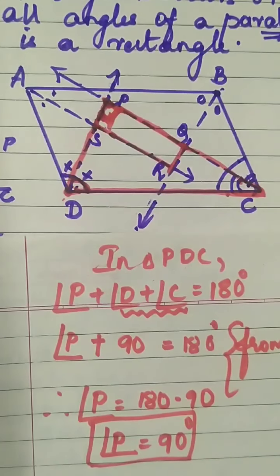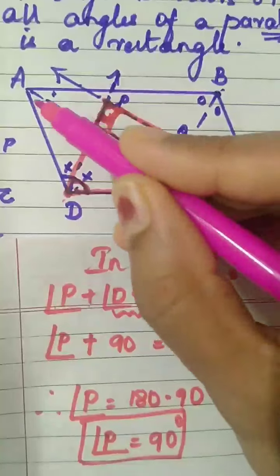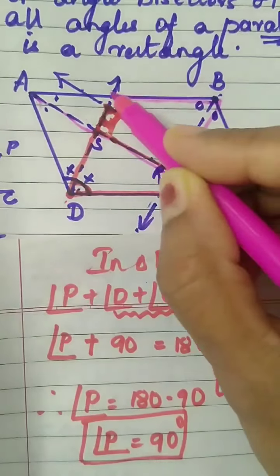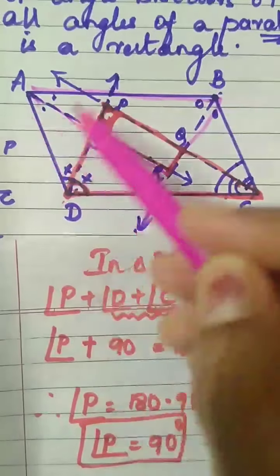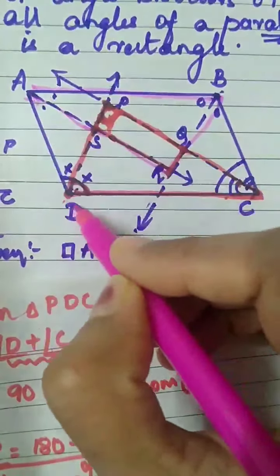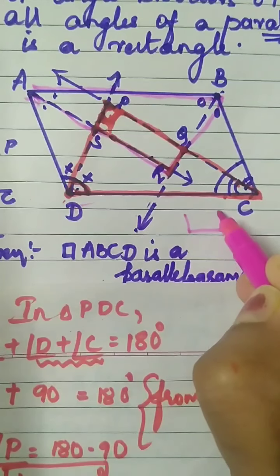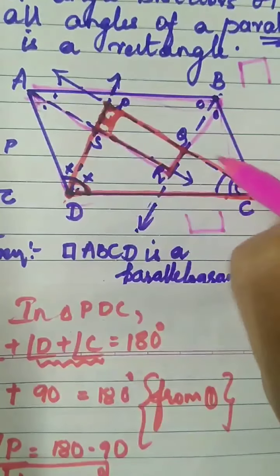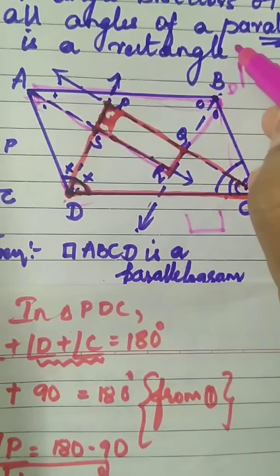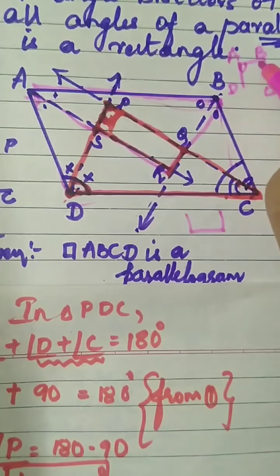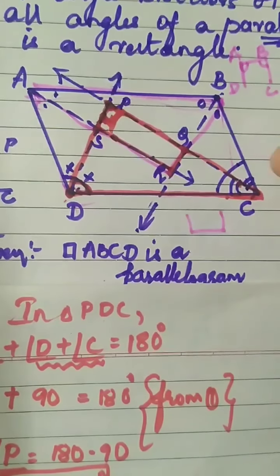Now, similarly, if you consider the next triangle, that is this triangle, the pink marked triangle. I am highlighting that triangle. Same method you will follow. Now here you will start with this interior angle. First we had considered this interior angle, this way we had considered the C. Now you will consider this C, this pair of interior angles, that is DAB and ABC. Both are interior angles, so both will be 180.